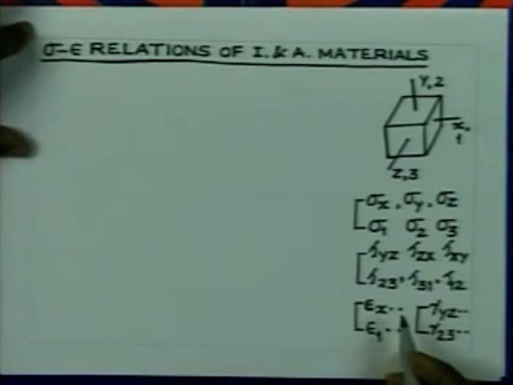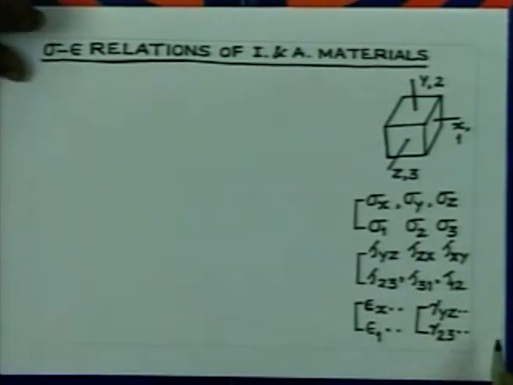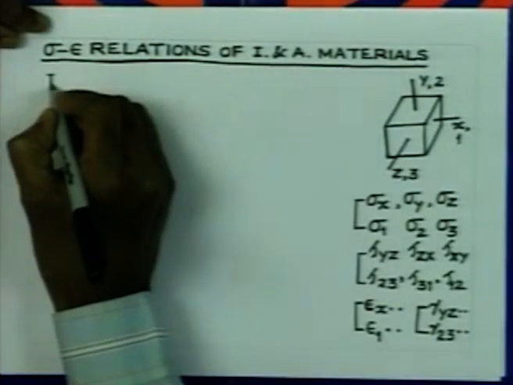Similarly, we will adopt symbols for strains: epsilon x, epsilon y, epsilon z as epsilon 1, epsilon 2, epsilon 3 respectively, and the shear strains gamma yz, gamma zx, gamma xy as gamma 23, gamma 31 and gamma 12. Now, if I consider first isotropic material,